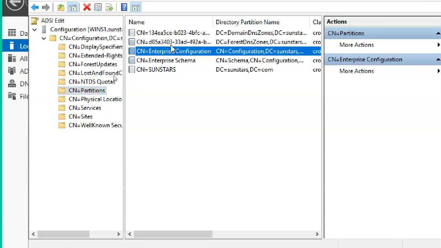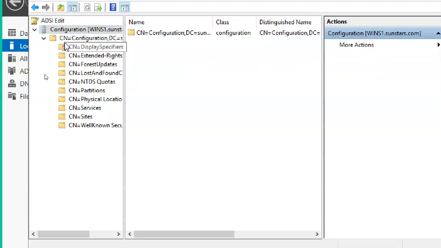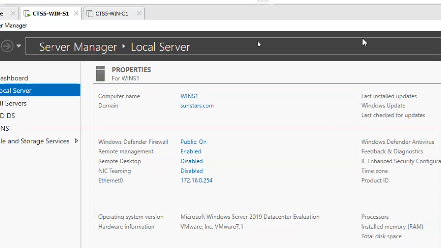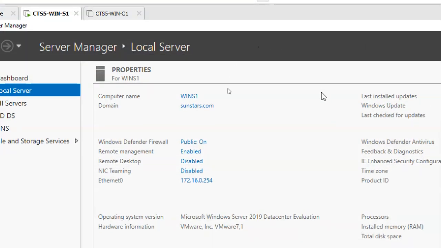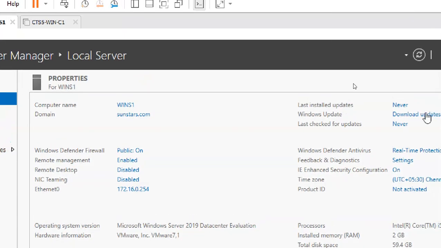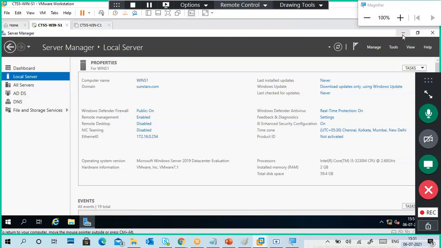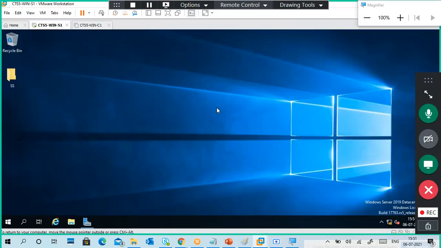So that is what you can see in ADSI Edit.